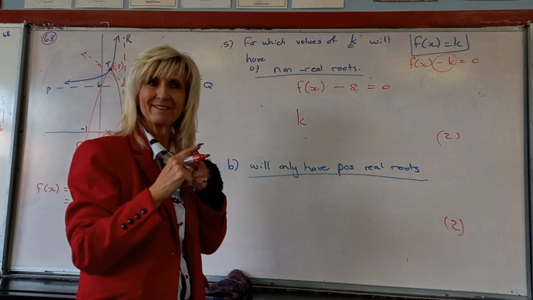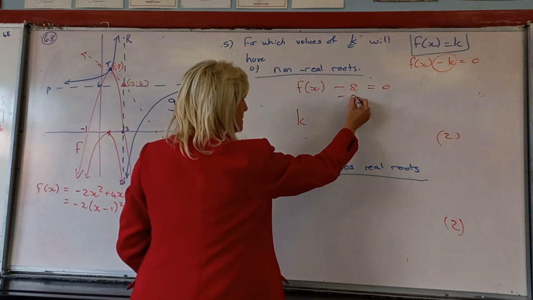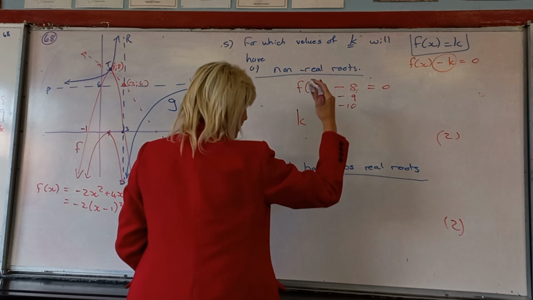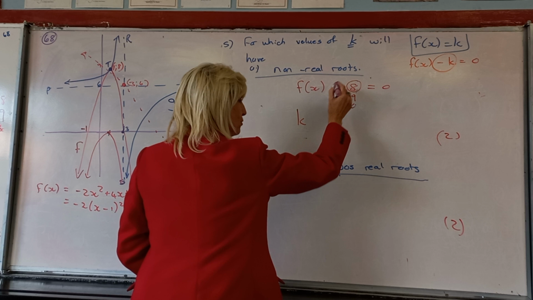Less. Remember, there must be a minus 8. Okay, let's take your example. Or minus 9. Or minus 10. And don't forget all the stuff in between. So it must be, that k value must be,